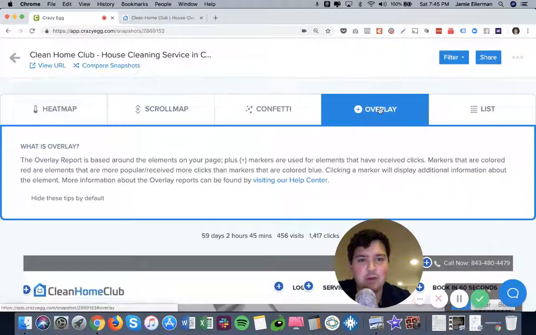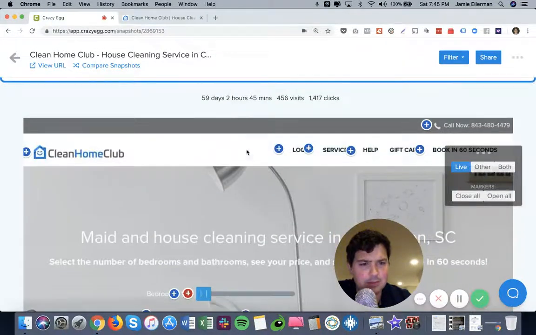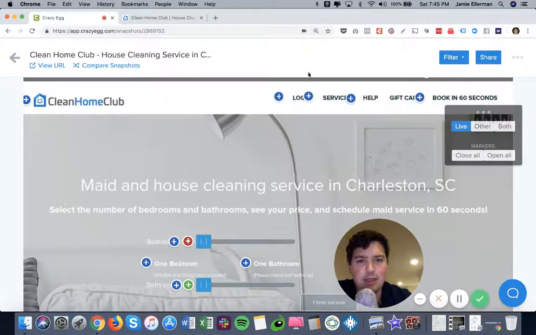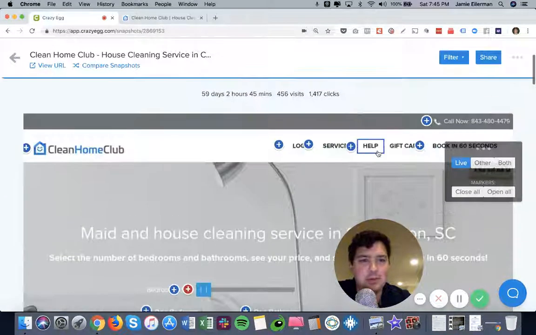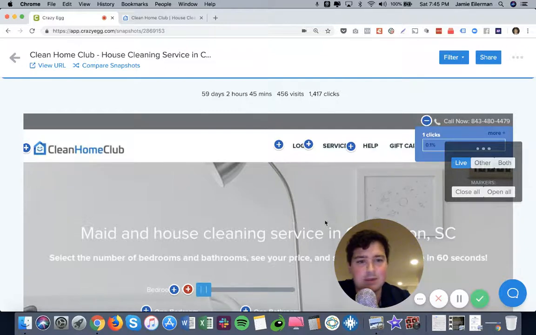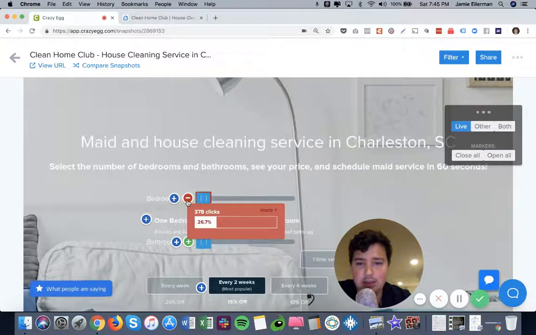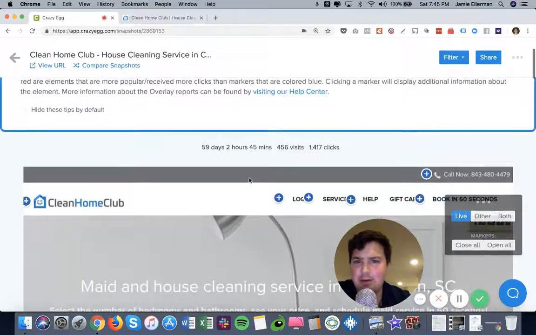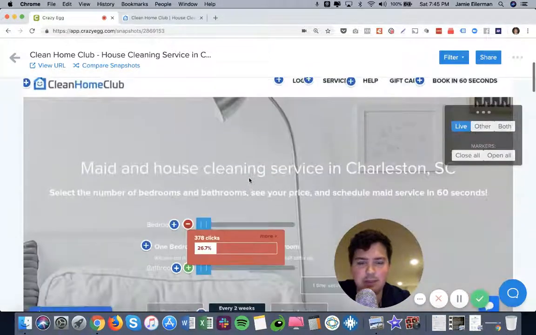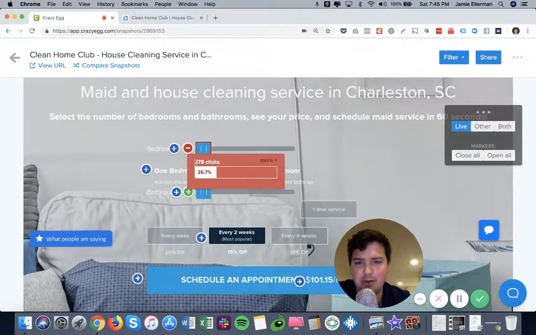But this one's probably my favorite, overlay. I've done some updates to the website, so it might not be exact, but overlay lets you see how many times people are clicking on certain elements. So the call now button, maybe they're not clicking so much up top. But for example, this slider is getting the most clicks. And there's some really cool information that you can get out of these buttons. For example, in this time period, I don't know what the time period is, past 60 days, we had 378 clicks on this one particular element, the slider. And if we wanted to learn more about it,